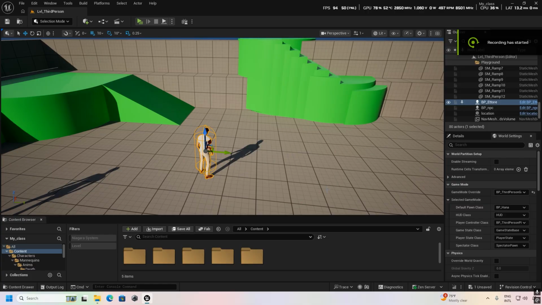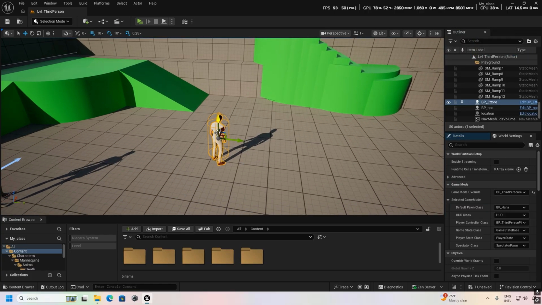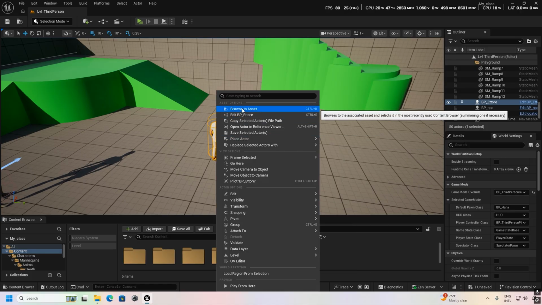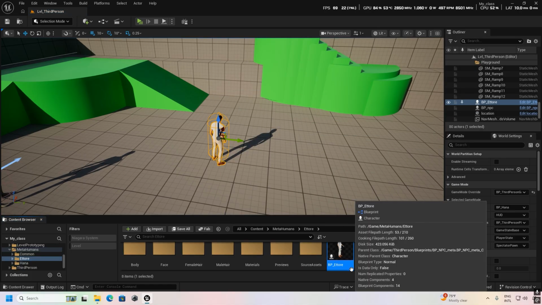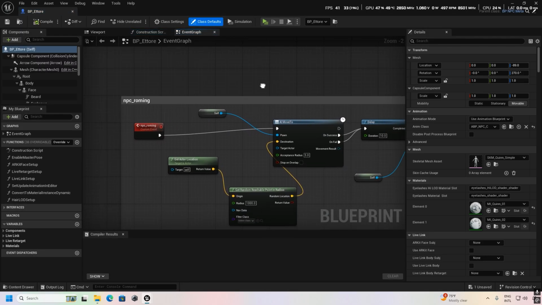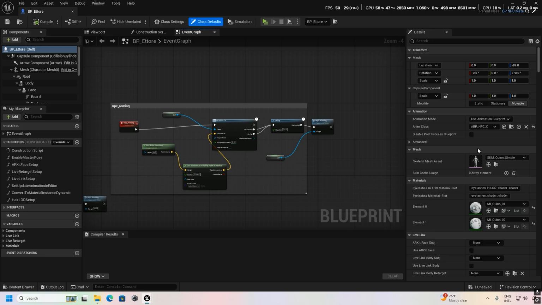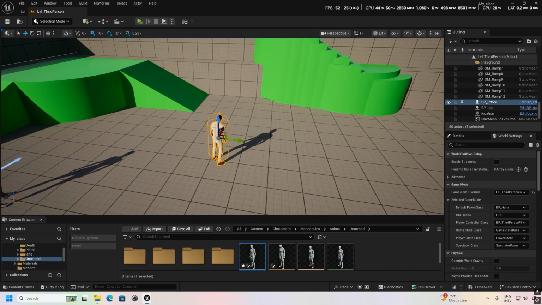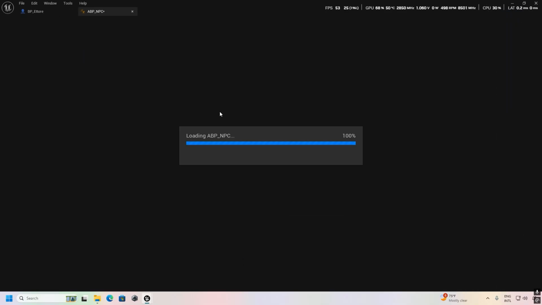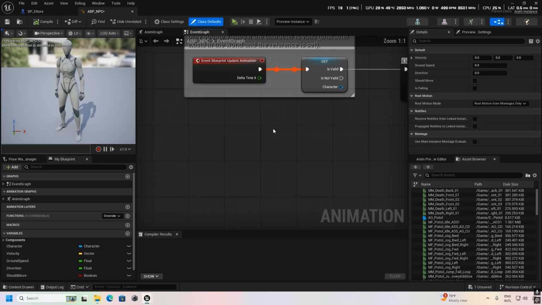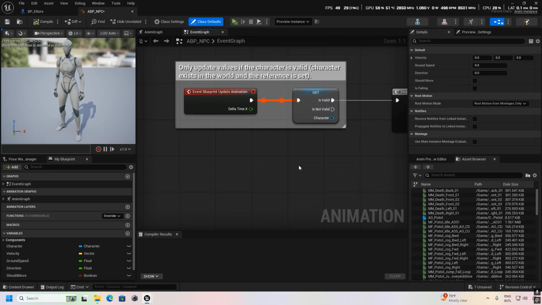First of all guys, we need to get our NPC. Here is our NPC. We search for him in our browser, and here is our BP NPC, and here we have the blueprint, and we also find the anim class. Okay, we function it in the anim class. There is a class ABP NPC we created before, in a previous class. If you need to learn how to make custom animation blueprints, you can watch it. So here in the blueprint, in the event graph, we make the function.